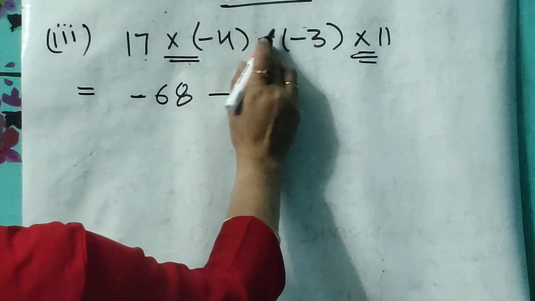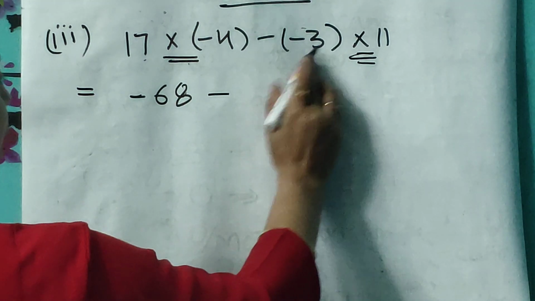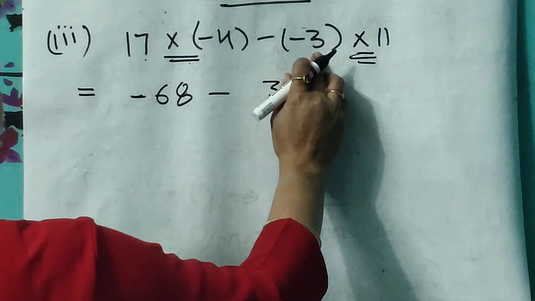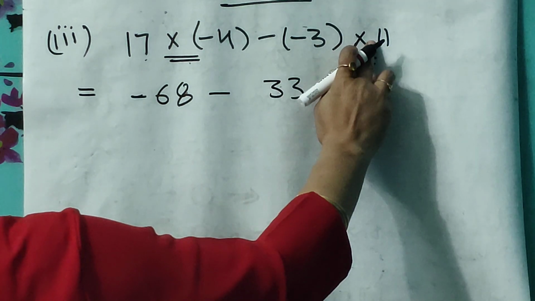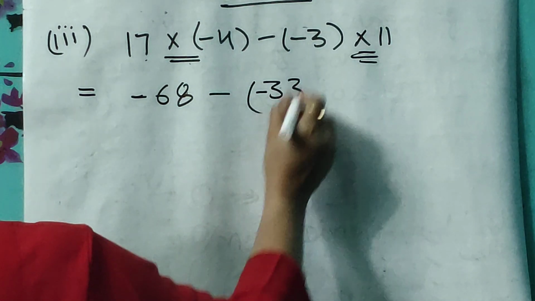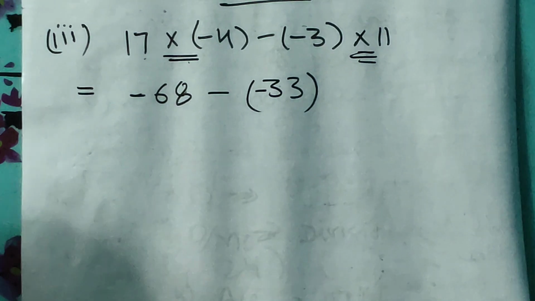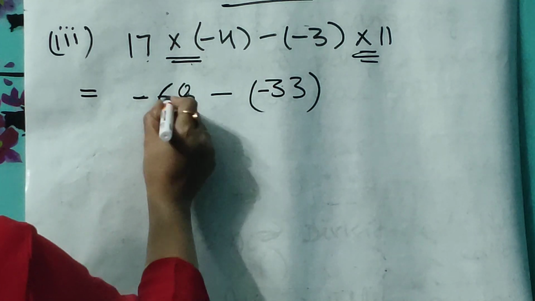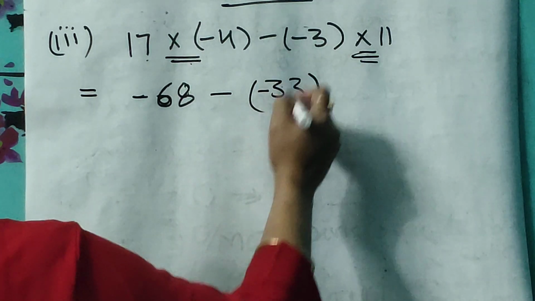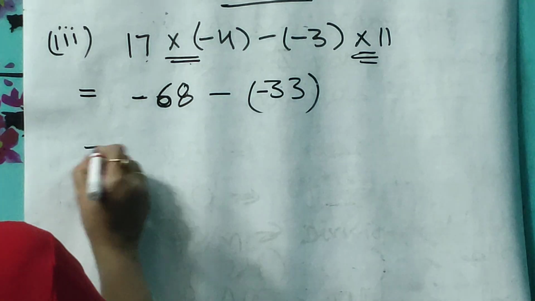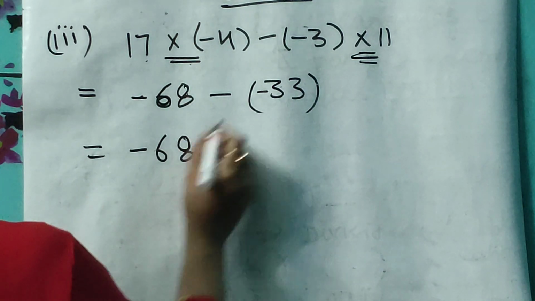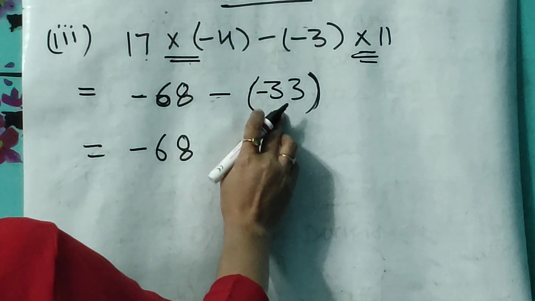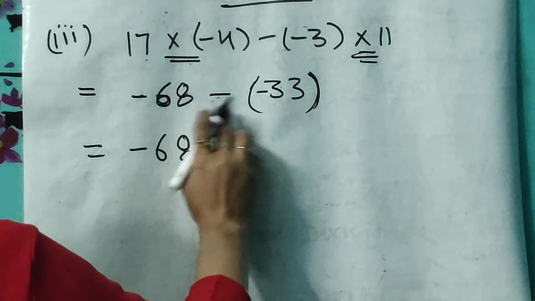Now this minus you copy as it is. Now minus 3 into 11. 11 threes are 33, and a negative integer multiplied with a positive integer gives a negative answer. So all these rules of integers we are using here also, so you should be perfect in the rules of integers. So 11 threes are 33, minus 33. Now minus 68, this minus, and when we open this bracket, the negative number we have written in the bracket, now when we are opening this bracket, it means what?